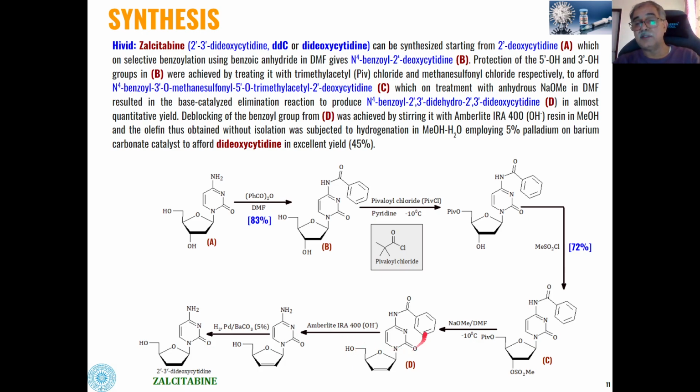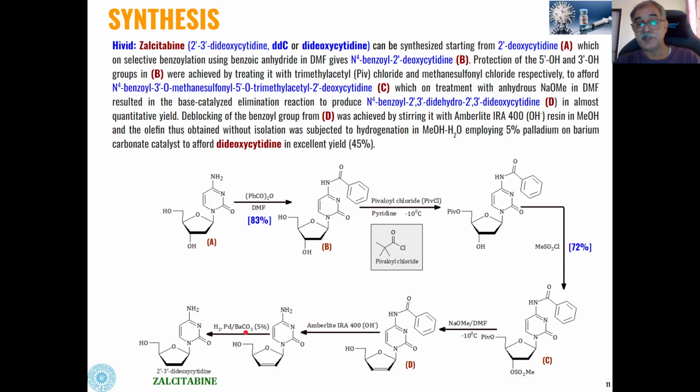And then this compound is reacted with an anion exchange resin, Amberlite IRA 400. This will exchange OH negative ions. So hydrolysis of this amide will take place in the presence of this anion exchange resin, and the amino group will be released. And after this, reduction of this carbon-carbon double bond takes place in the presence of hydrogen, in the presence of palladium